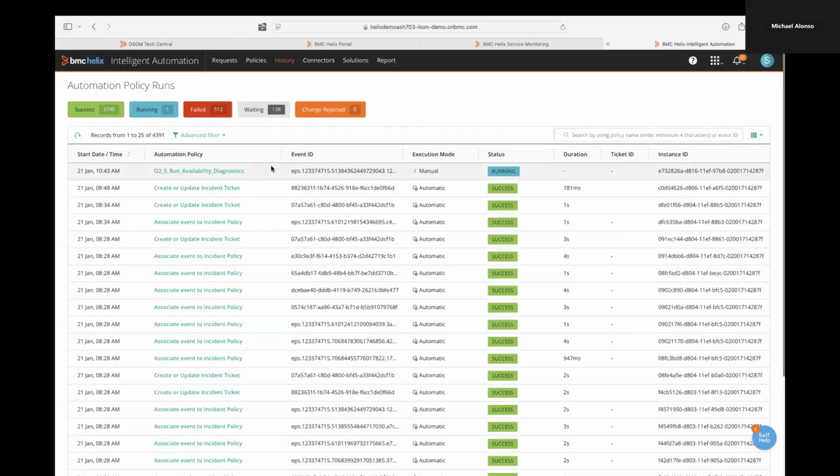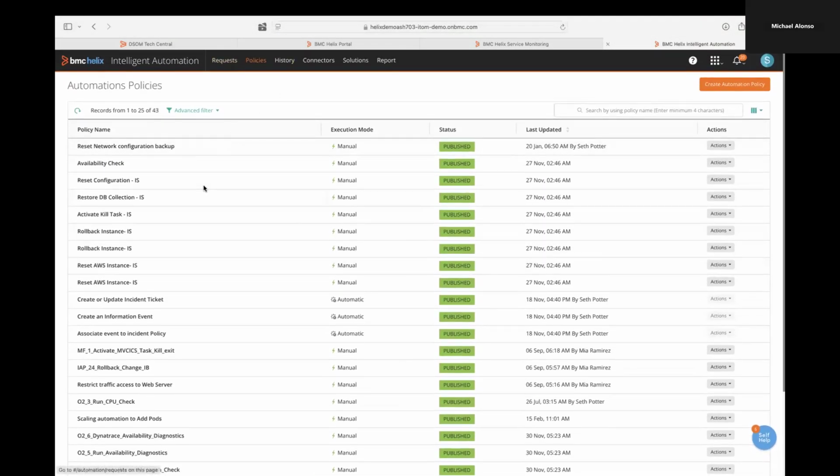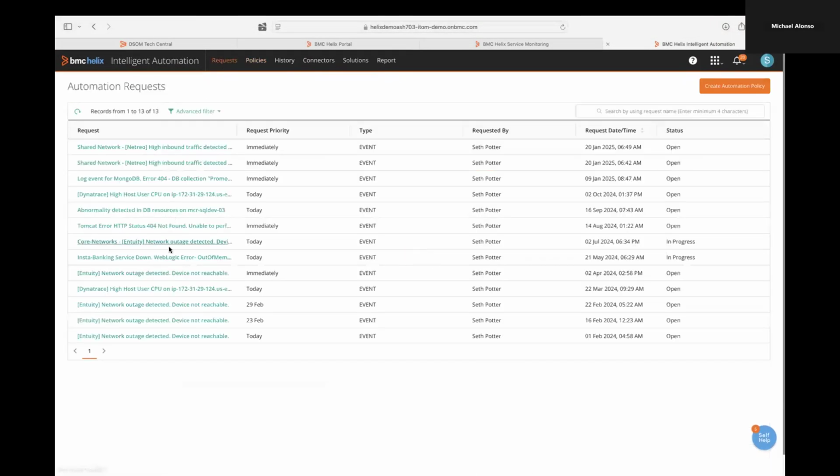Now, here inside of intelligent automation, you can see we have automations for all kinds of things. So it's going to go through and we can run any automation. We can create any automation. We can request any automation be created. You can actually go from the system that we were in, saying, hey, there's no automation here, I want to request it. It will package all the information up, the code base up, everything, and put a request in for your automation person to create that. Very easy.